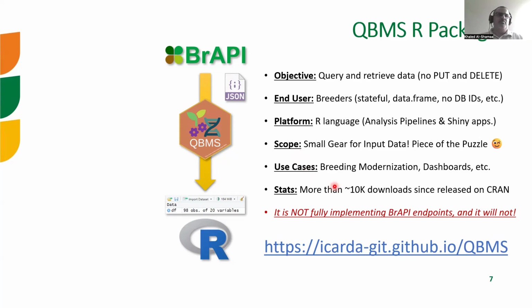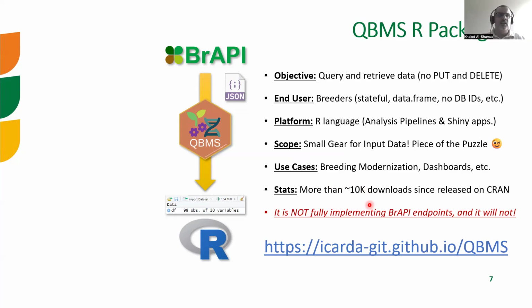The use cases: generally, as I told you, we start from our in-house needs. And that is required in so many domains, like breeding modernization, building dashboards for the management, and all of these tasks. So you can use it wherever the first entry point to the analysis pipeline requires getting the data from somewhere else. The current status: we have roughly 10K downloads since we released it on the CRAN